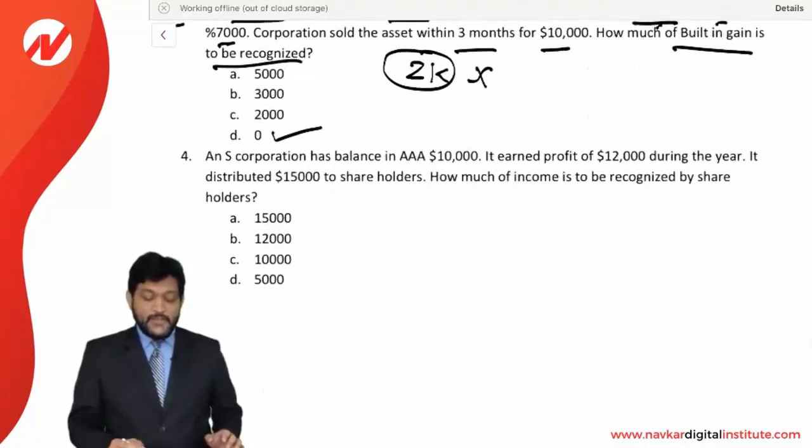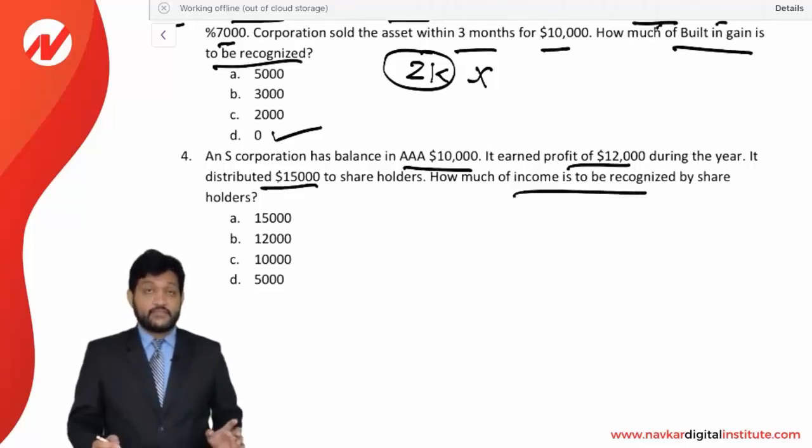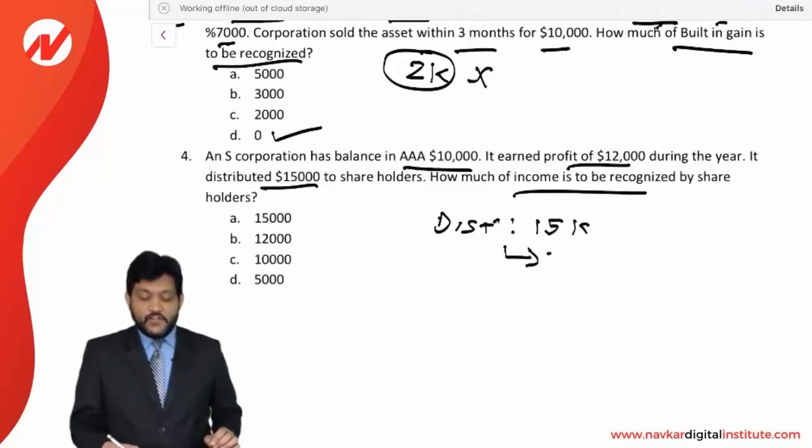An S corporation has a balance in AAA of 10,000. It earned a profit of 12,000 during the year. It distributed 15,000 to the shareholder. How much income is recognized by the shareholder in this distribution? Okay. Now you see the distribution total has been 15,000. And if no other election is made, then the first distribution is to be assumed from AAA,